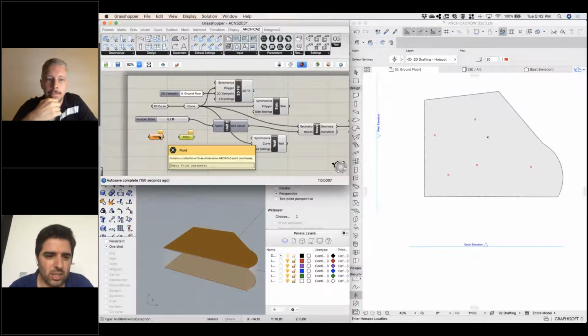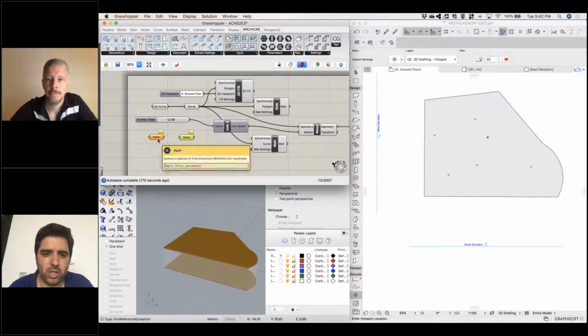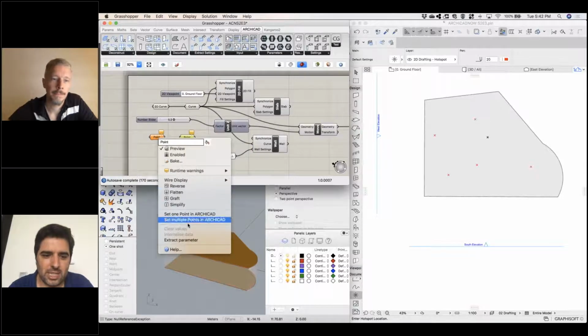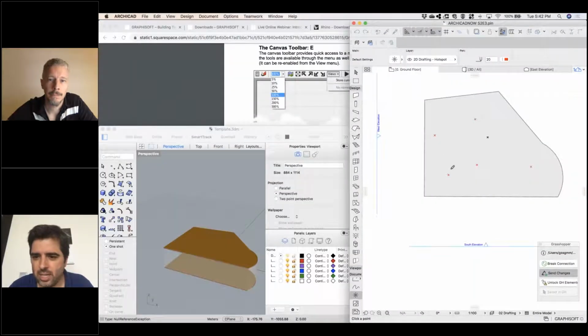You see that this one here says contains a collection of three-dimensional Archicad point coordinates. And the other one says contains a collection of three-dimensional points. So meaning that the right one is from Rhino, the left one is from Archicad. So if I right click and say set multiple points in Archicad, I can just choose this one, and then wherever I click,